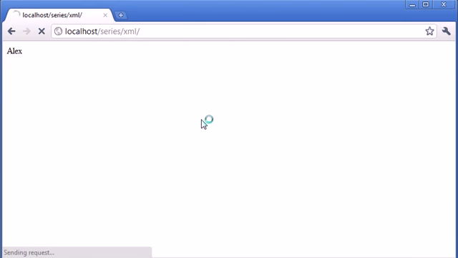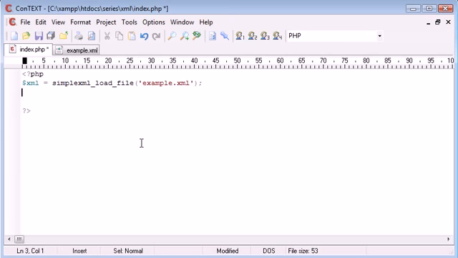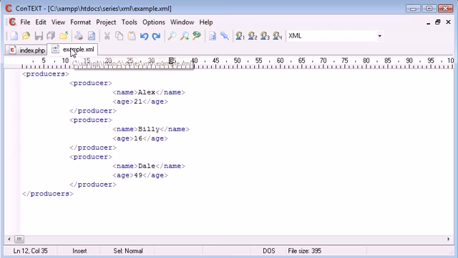So now we've successfully opened up our XML. Let's refresh our page and see what happens. So we've got nothing at the moment because we're not returning any values. So now let's start to think about returning some values. So we need to think about this carefully. We don't need to include this producers root tag anywhere because this is just the root tag of our document. It's not important. But what we can do is access each producer now, because we've got these tags here and